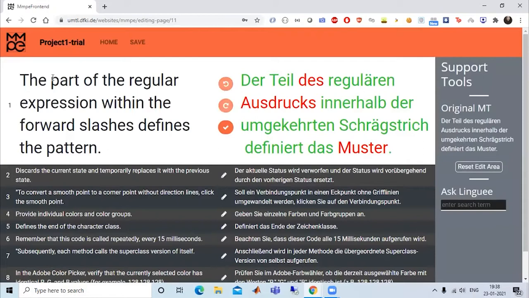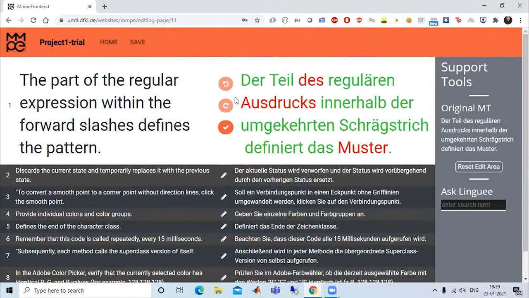You can now see the source segment on the left and the target segment on the right. The target segment is the one that needs to be post-edited, and it is the machine translation of the source. And there are 3 buttons in the center which help you with the post editing.